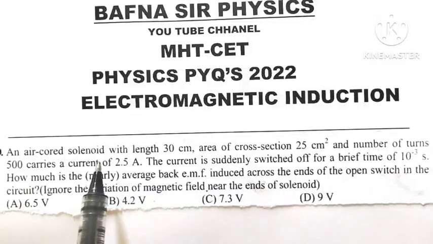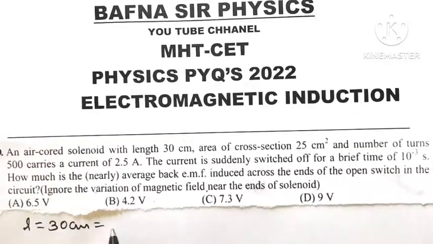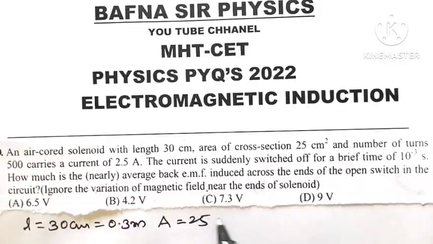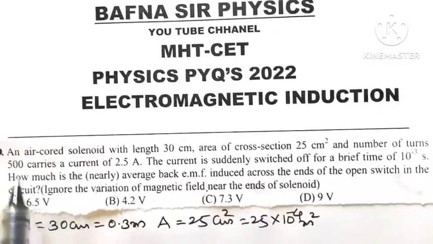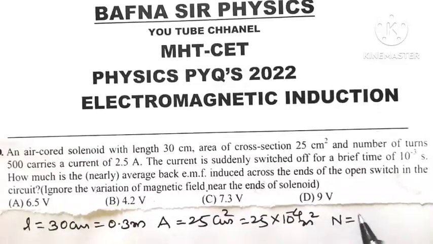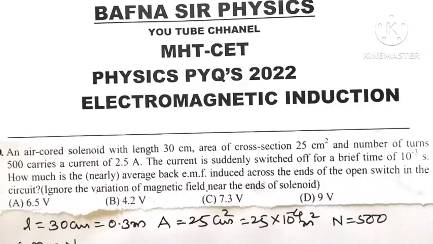An air core solenoid with length 30 centimeter. It means how much meter? 0.3 meter. Area of cross section 25 centimeter square, which means 25 into 10 to the power minus 4 meter square, and number of turns 500. See here, number of turns is 500, and therefore number of turns per meter, small n, is equal to N by L, that is equal to 500 divided by, what is the length of solenoid? 0.3. It is per meter,